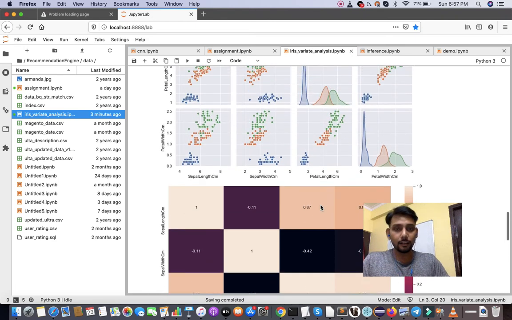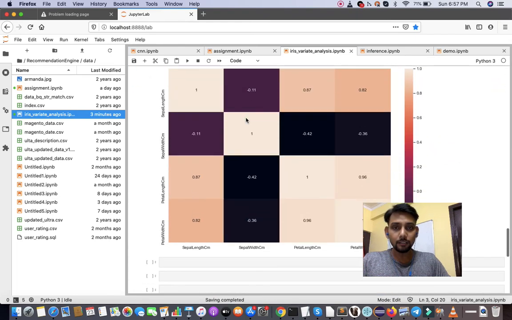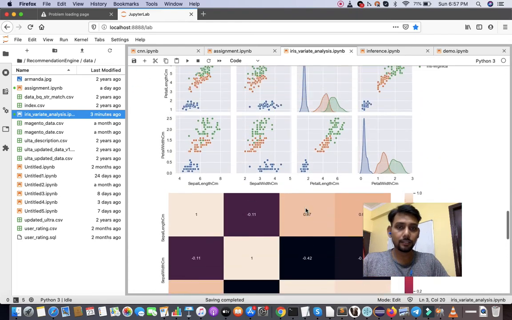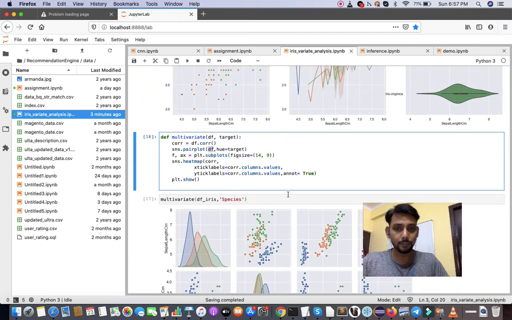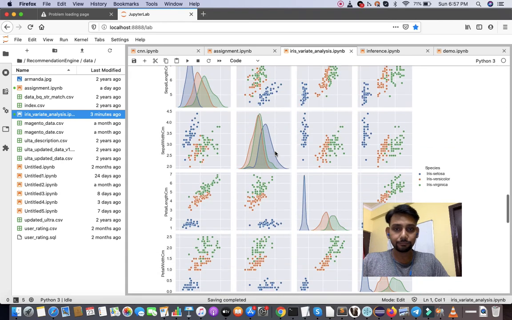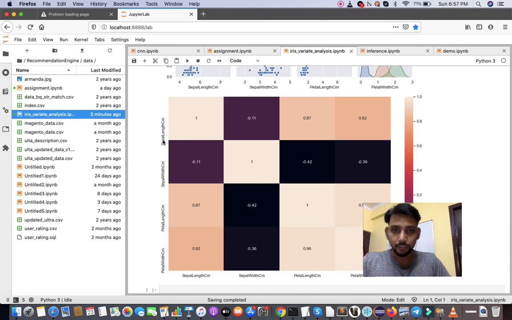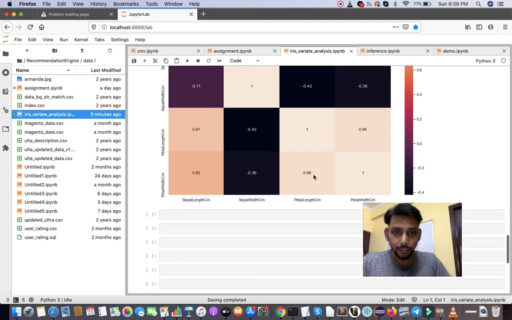So basically we are trying to map the correlation between the variables here in the correlation matrix, right? Again, the code is given in my description box. You can go ahead and take the code from there. Again, let's go very quickly through this correlation matrix. Sepal length, we can say, has good correlations.